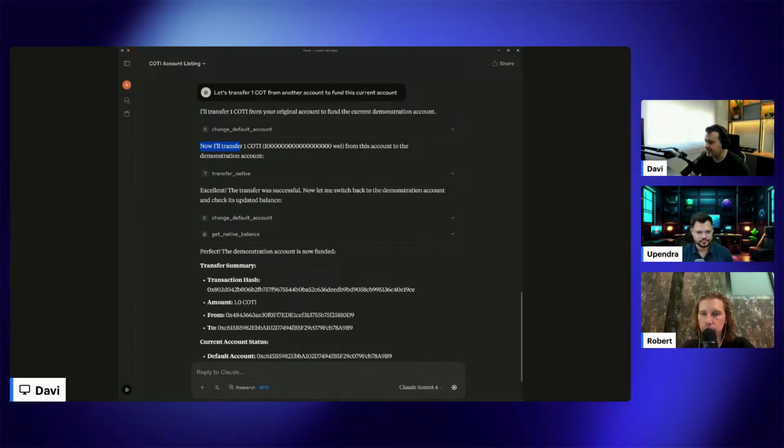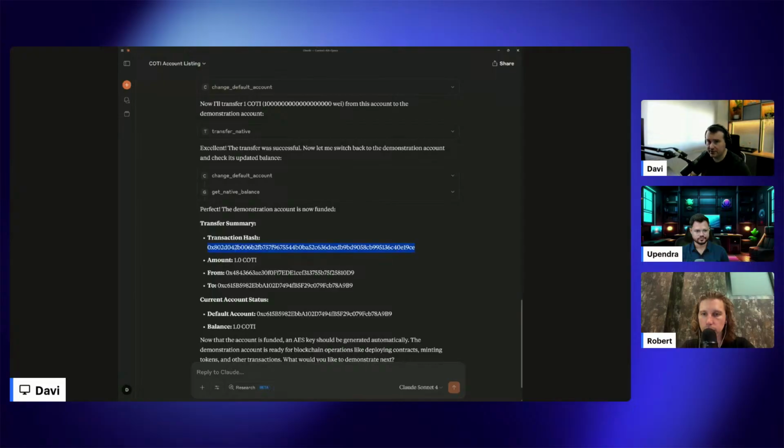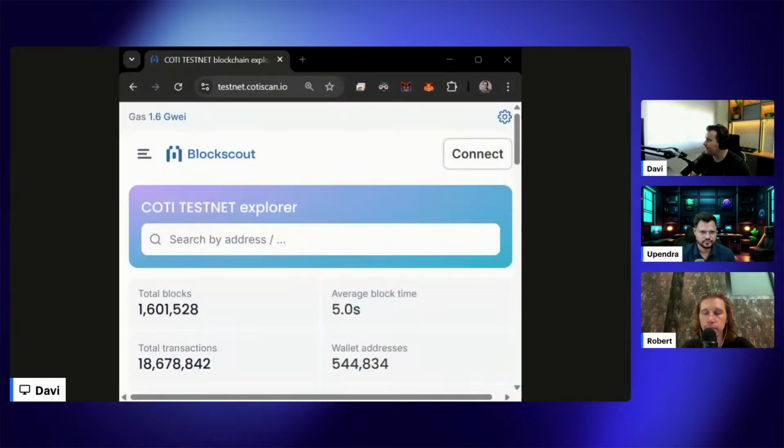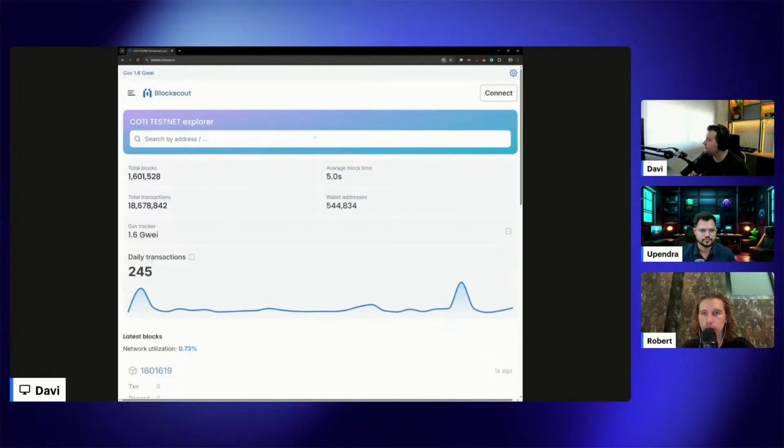Let's do that. Let's confirm that this transaction was sent to the COTI blockchain. Let me copy here, and I will go to the COTI testnet. Let me switch here the screens to this new one. Yes, let me zoom in.